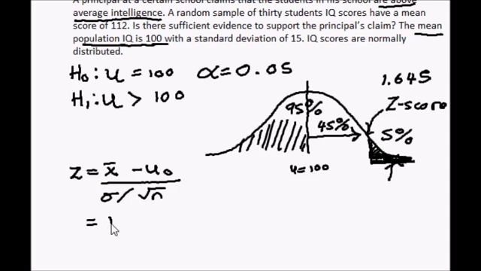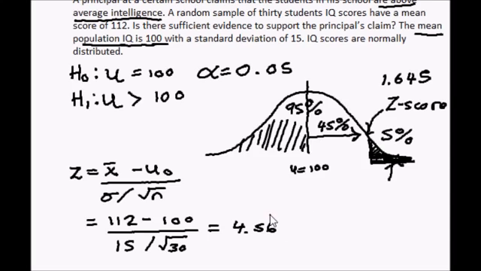My sample mean, the average score of students, was given as 112. Population mean, average IQ score is 100. Standard deviation, 15, and that's divided by the square root of the sample size. There were 30 students. And I'm going to figure this out on a calculator. I get